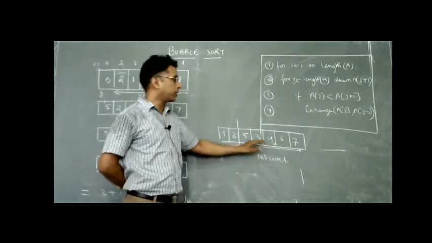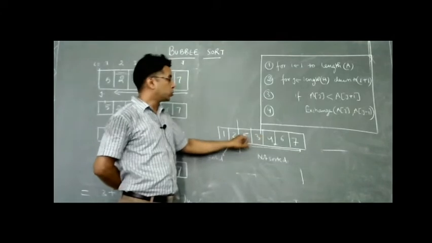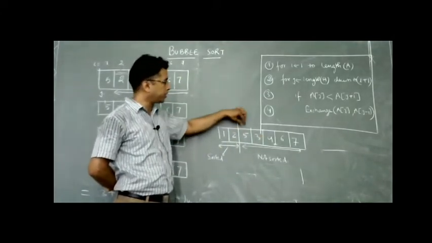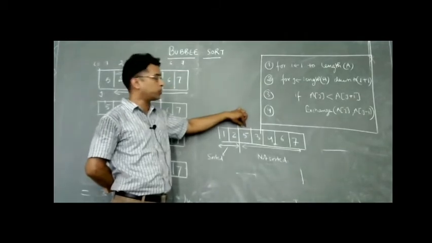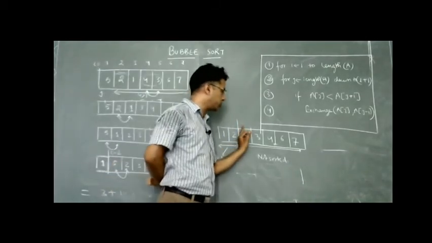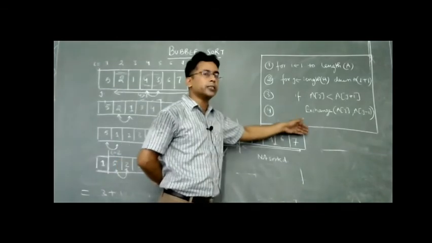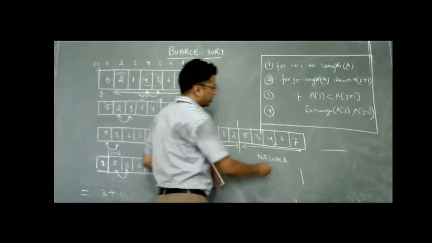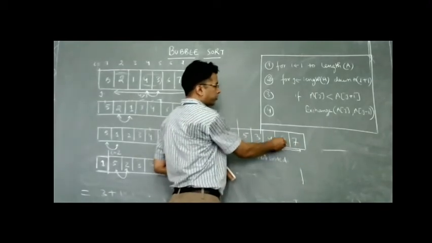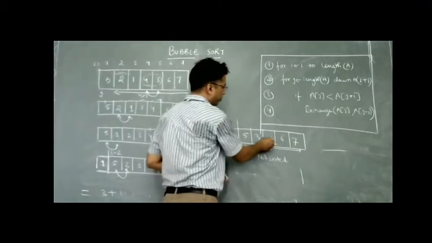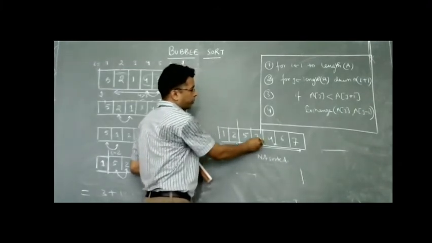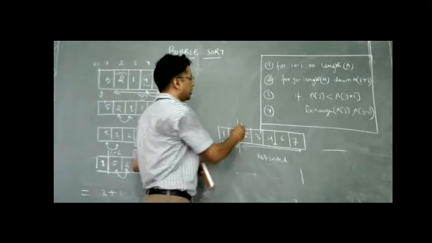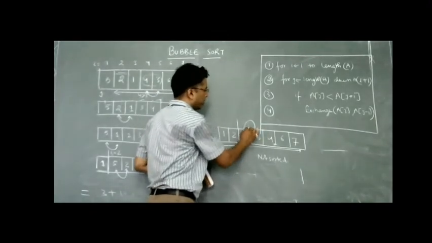are not sorted yet. So, in the third iteration, we shall leave the first two elements and start from the position number I equals to 3. And starting from I equals to 3, we shall again repeat the same procedure. And after repeating the same procedure, we shall check that 6 and 7 condition is satisfied, 4 and 6 condition is satisfied, 4, 3 condition satisfied, but between 3 and 5, the larger element is on the left hand side. So we shall swap these two elements.